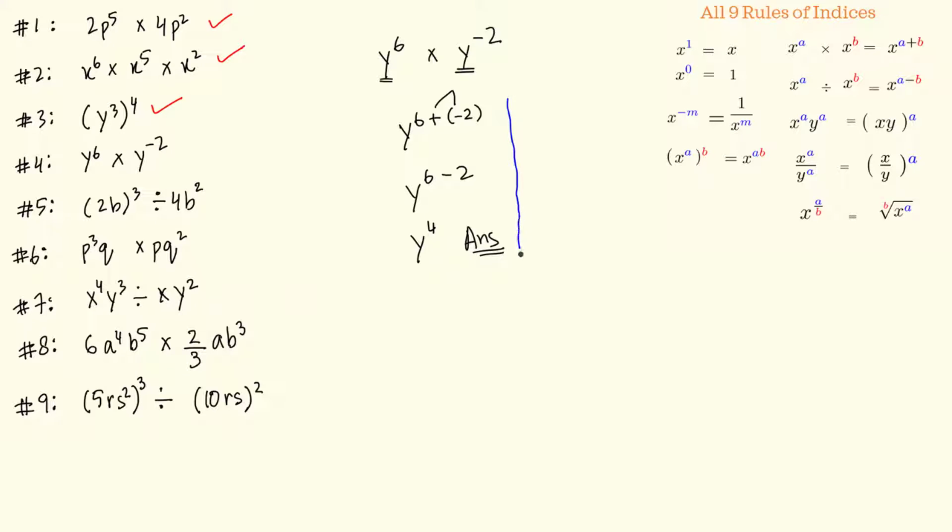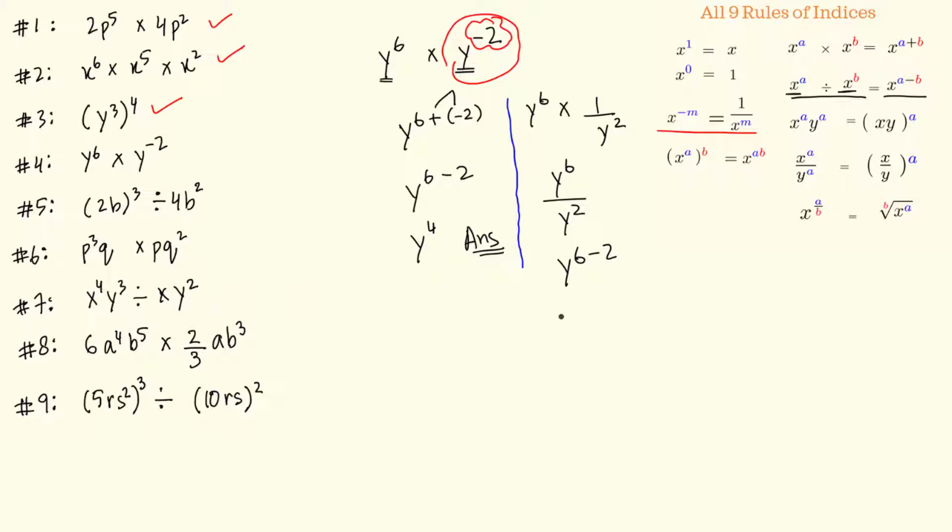The other way of doing this problem would be, if I make this power of minus 2 a positive power, I would have to send this whole term to the denominator using this rule of indices. So I can write this like y to the 6 times 1 upon y square. Now if I multiply these two, this becomes y to the 6 divided by y square. Now to evaluate this, I will use this rule of indices, which says that when two terms are getting divided and have the same base, then the powers get subtracted. So this becomes y to the 6 minus 2. Again I will get the answer y to the 4. This is my answer.